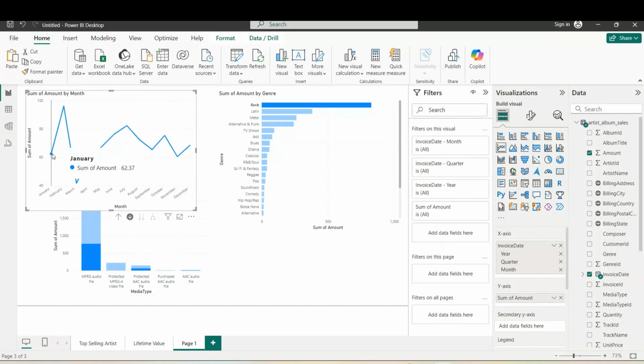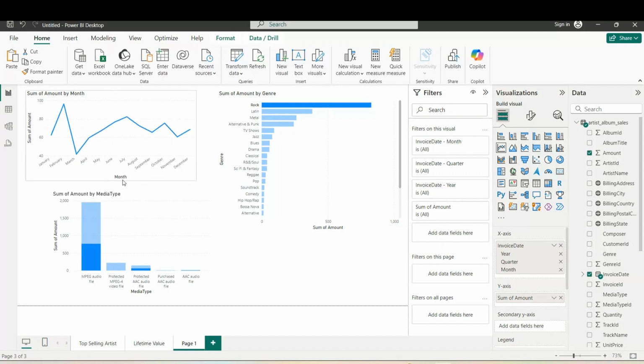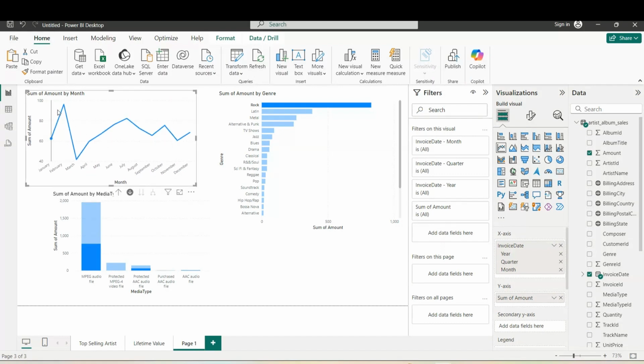We see that in January, this was the sale. It went up in February, came down in March, increased in April, and increased further in May. So this generally gives an overview of the sales according to each specific period of the year. It would help the marketing department to determine which kind of marketing promotions to put in place for each